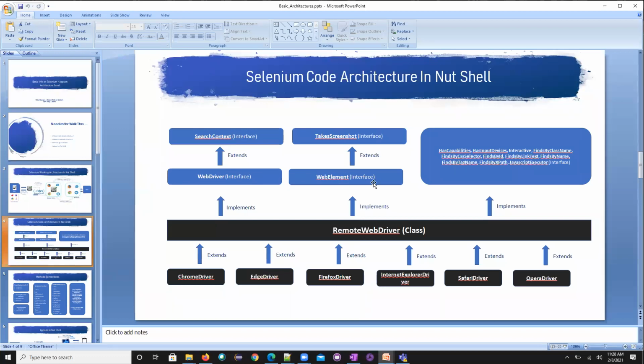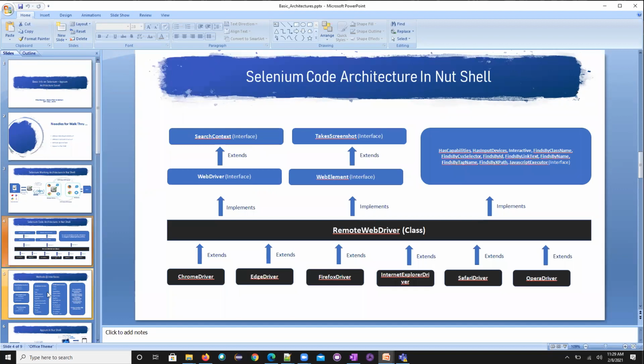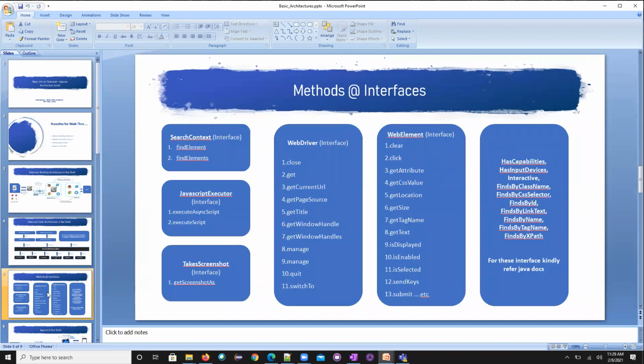TakesScreenshot, WebElement, and all these in blue color are interfaces. The ones in black color are classes. Now for each interface, you should know what methods are available. So you need to go through this architecture and understand what interfaces you have and what methods belong to each interface. You need to let me know tomorrow.